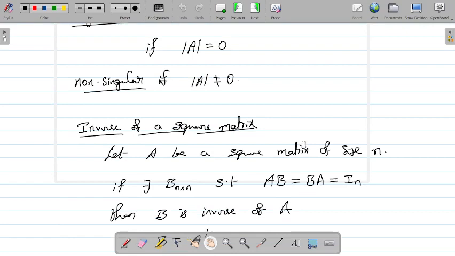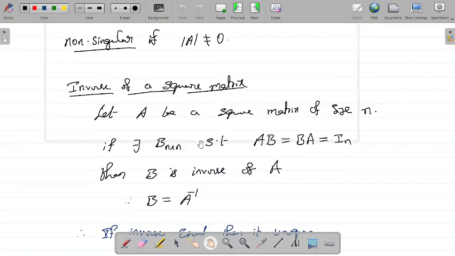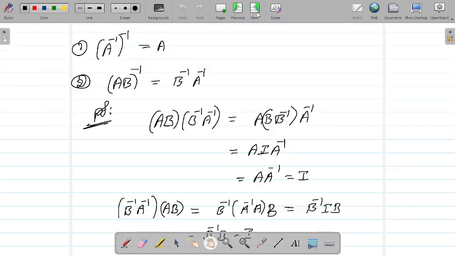When it comes to inverse of a matrix, we can talk about the left inverse and the right inverse, and I'll discuss that now. What we have discussed so far is for a square matrix. When you get A into B equal to B into A, and that equals identity, then you can say that B is an inverse of A, and you denote it with A inverse.